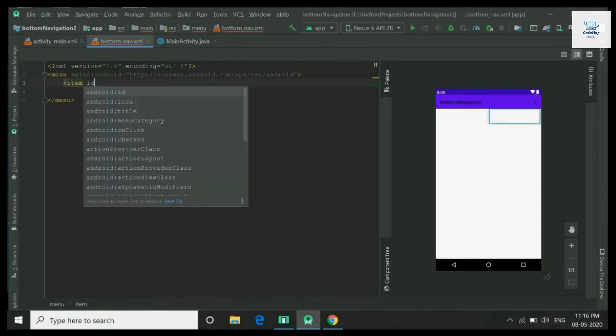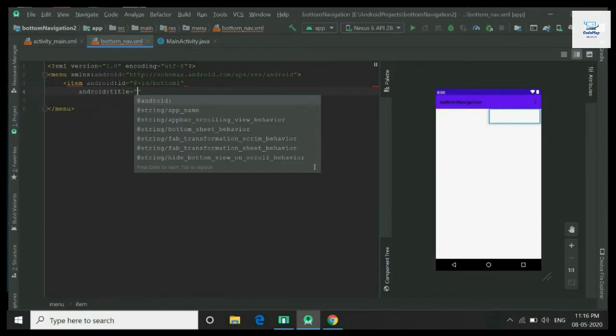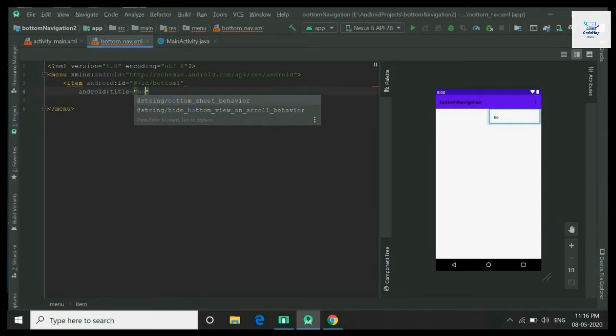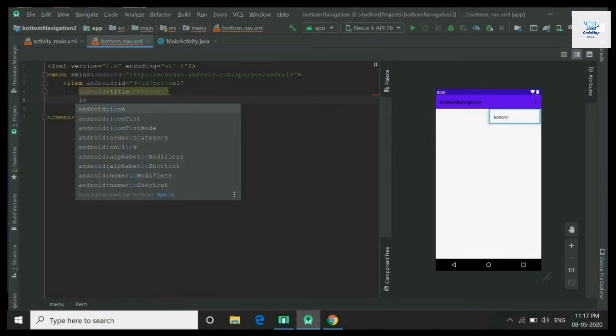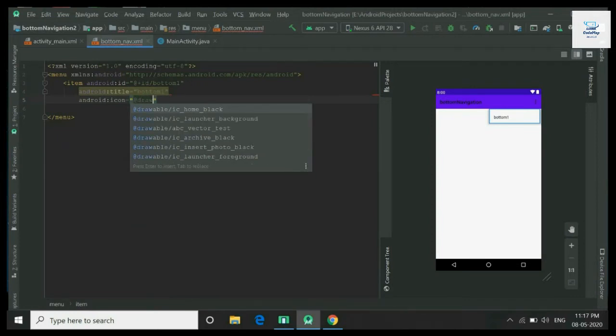Give it an ID, bottom one, and give it a title that will be displayed in the bottom navigation, bottom one, and select an icon for the item.